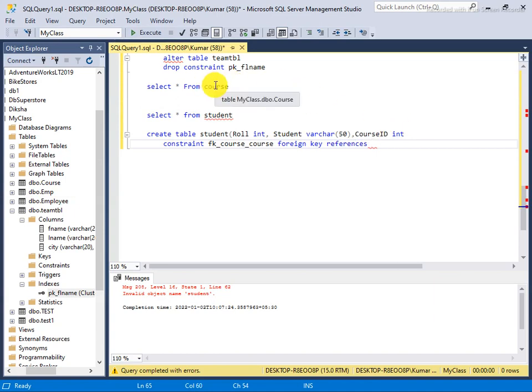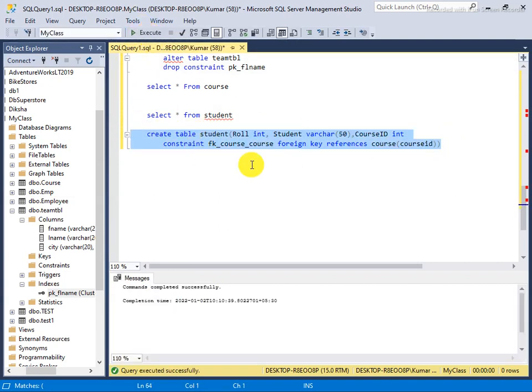So I will say course is the table name. My mistake, it's a table name, and inside the square bracket or curly bracket you need the column name, course ID. So now this is the primary key, which is the course ID, and it's referring to the course table and the name of the course ID, which is the column. Okay, now I run this. Now the primary key, foreign key has been created.